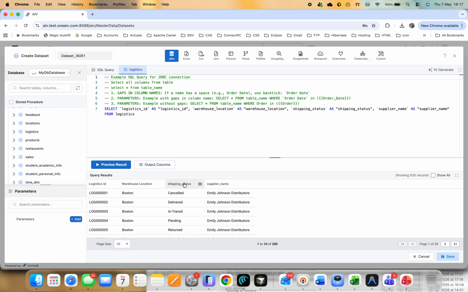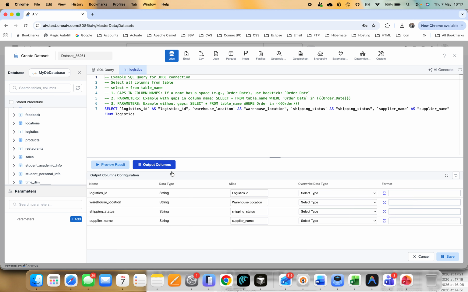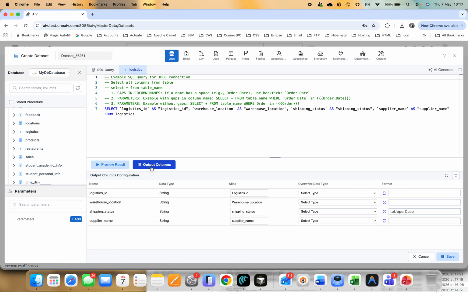If I see shipping status are in title case, and I want to make it uppercase, I will go back here, select this and write is uppercase. And if I go to preview again, now what I will see, everything will be changed into the uppercase. Okay, now